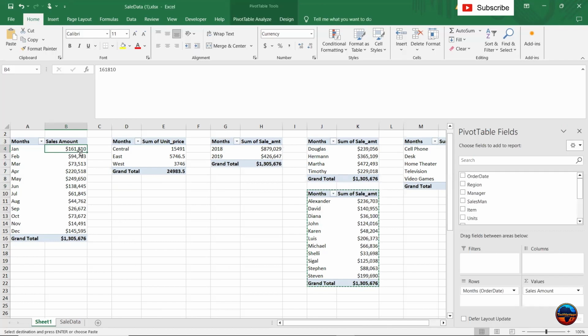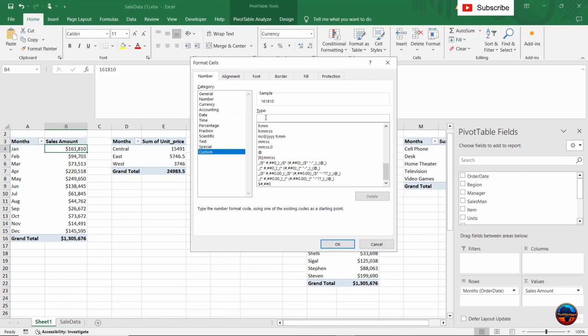Before we do that, I want to teach you how to make this number shorter. Instead of seeing 161,810, I want something like 161.81k dollars. That's thousand, right? M for million. So I'm going to use the if, but when you're writing in this format,